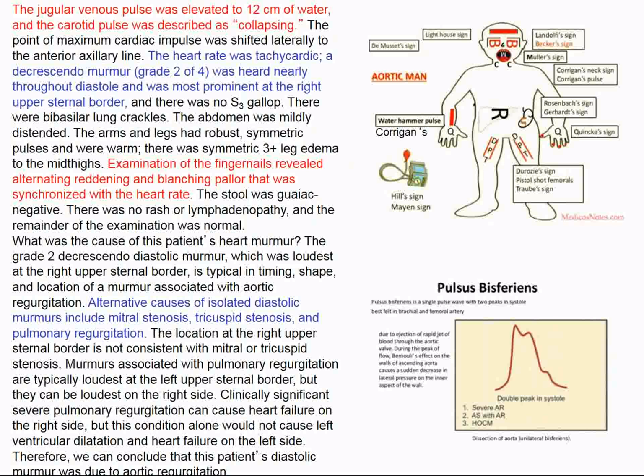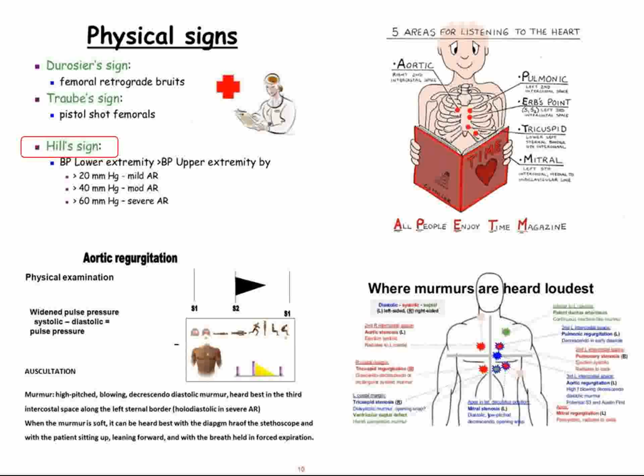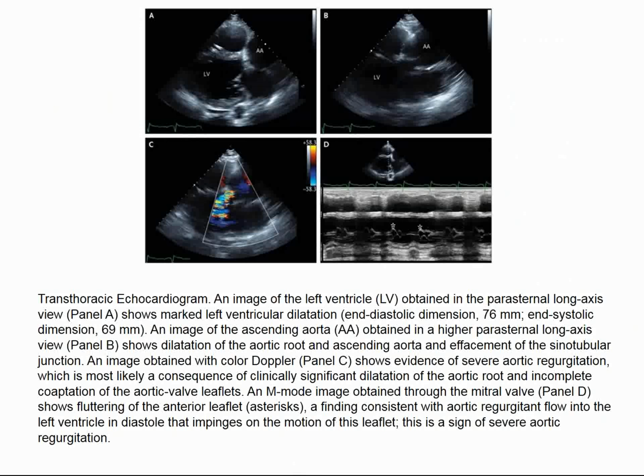If you do this on yourselves, you young people, you'll find that the systolic pressure in your legs is about 10 millimeters of mercury higher than the arms, for reasons that we can talk about later. And in patients with aortic insufficiency, this difference becomes markedly expanded. Pulse pressure also increases. And there are physical signs that I've outlined here that you can look at on your own. We now have echocardiography, so perhaps all this clinical information is now irrelevant, but it's nevertheless still fun. And here's his echo, and he looks like he has